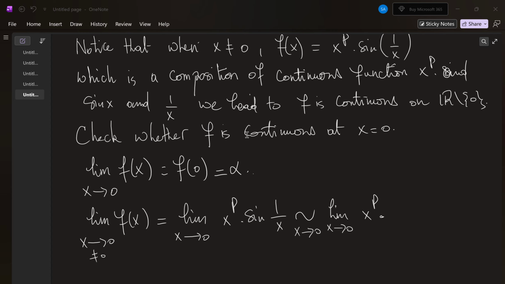So the question here: study the function, discuss according to the values of p and alpha the continuity. So the limit here is simply